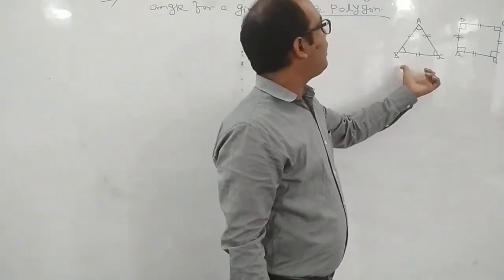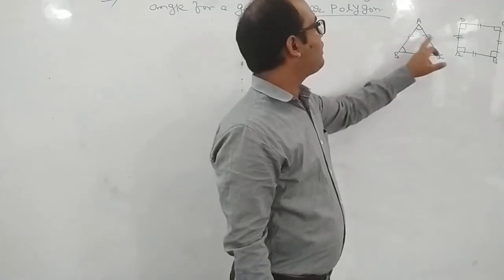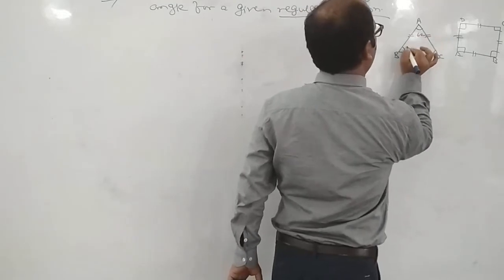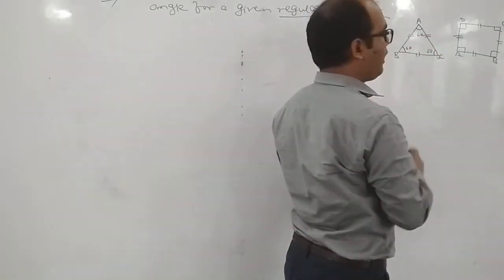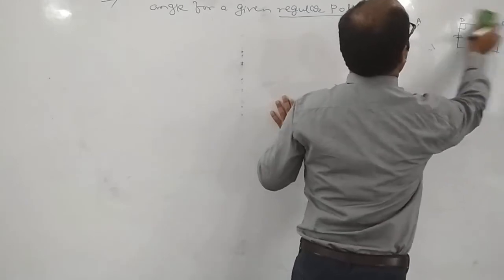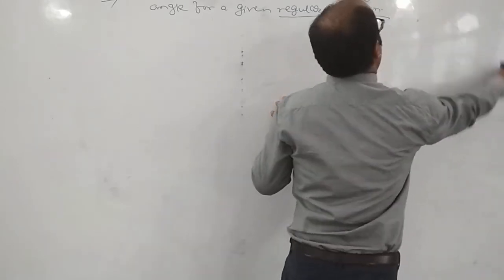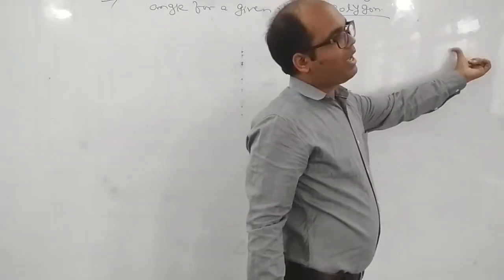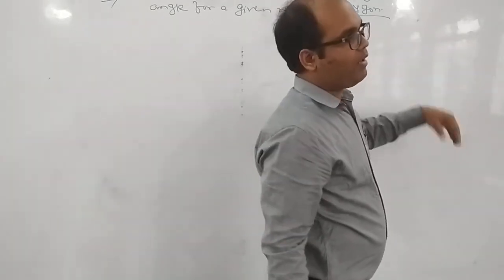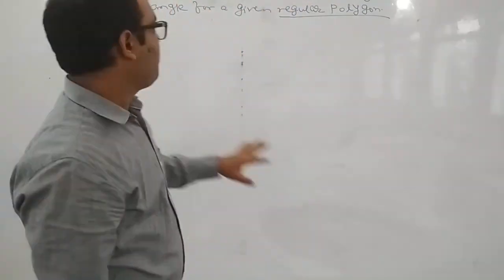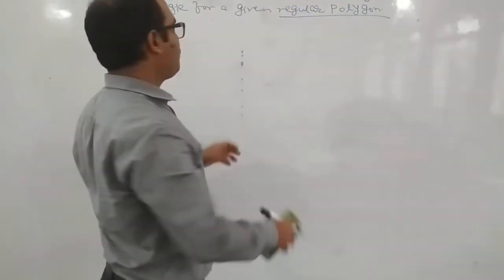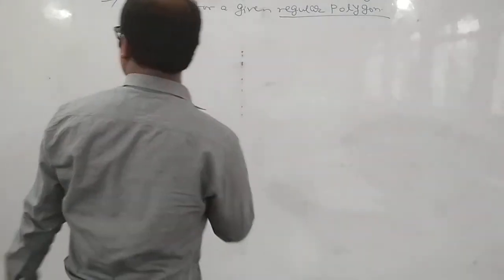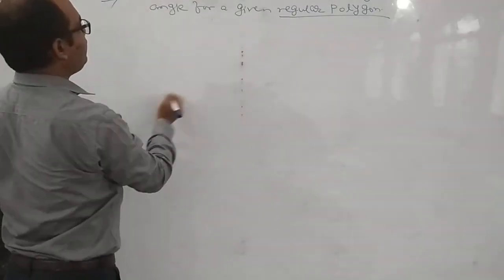Now an equilateral triangle is also a regular polygon. Right? All the sides are equal. All the angles measured are also equal, that is 60 degrees. So these two are examples of regular polygons. A triangle is a regular polygon of side 3. A square is a regular polygon of side 4. In the same way, regular polygons of 4, 5, 6, 7, 8 sides exist. So for this question we need to write the algorithm. So how will we write the algorithm for that?